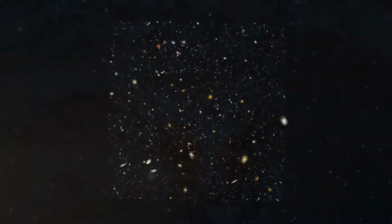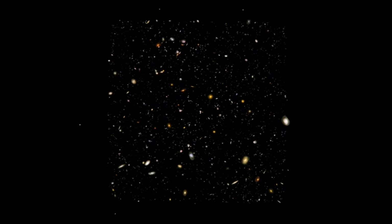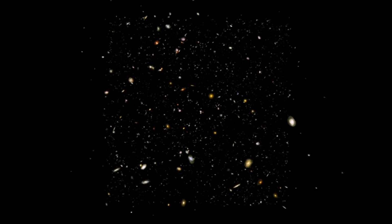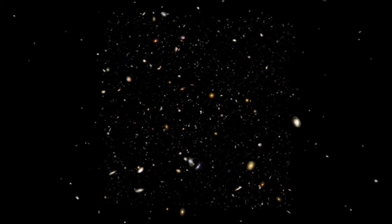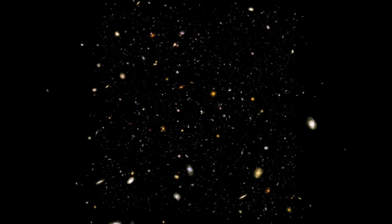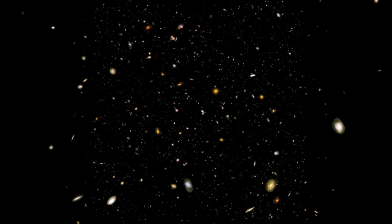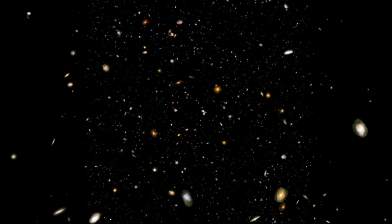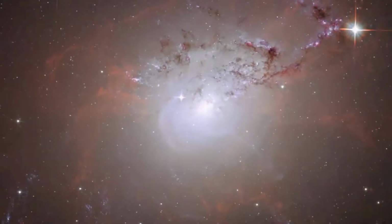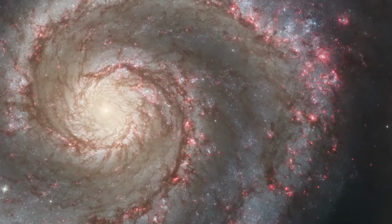In its legendary deep field images, Hubble stared into seemingly blank regions of sky, revealing thousands of faint galaxies from the early days of the universe. These blotchy collections of stars are infant galaxies. Over the 10 billion years their light has traveled to reach us, some may have evolved into galaxies that resemble our own. With a supermassive black hole in its center, spiral arms,